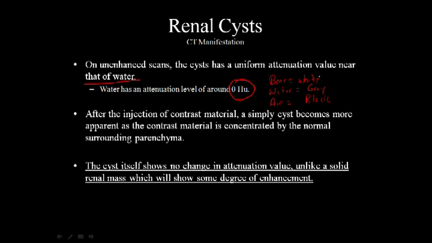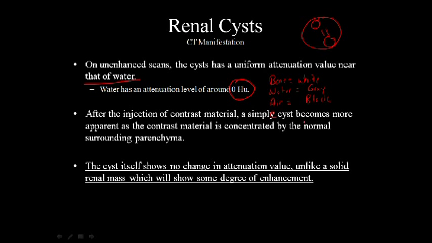And so typically you're going to see it kind of gray, but it's going to have a uniform attenuation, meaning that if you have a cyst, which looks something like this, and you take an attenuation value here, this attenuation value there should be equal. So there should be the same density for the entire area. After the injection of contrast material, a simple cyst, I know this says simply, but this is supposed to be a simple cyst,